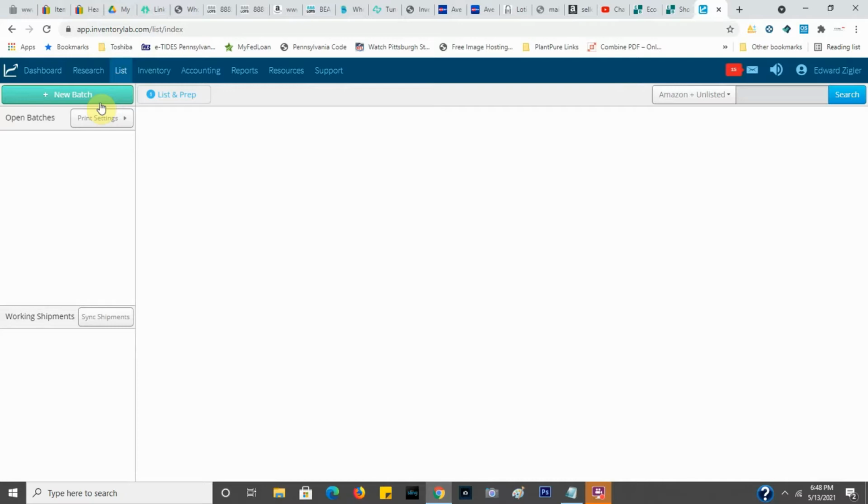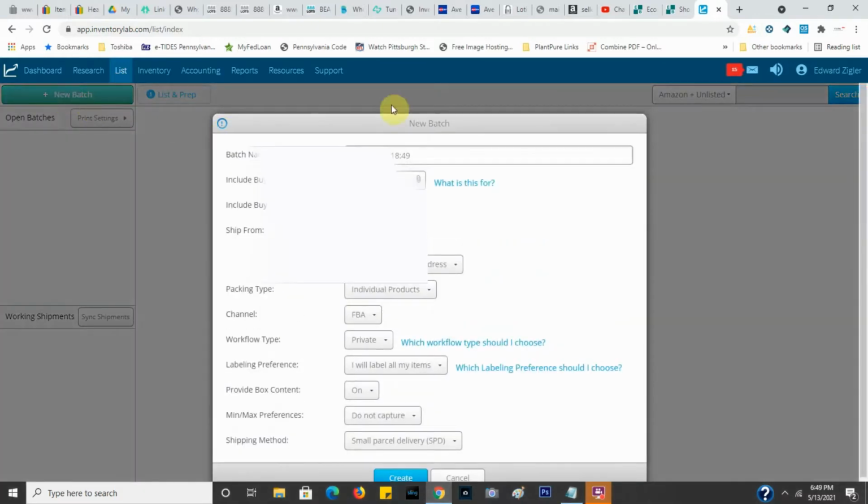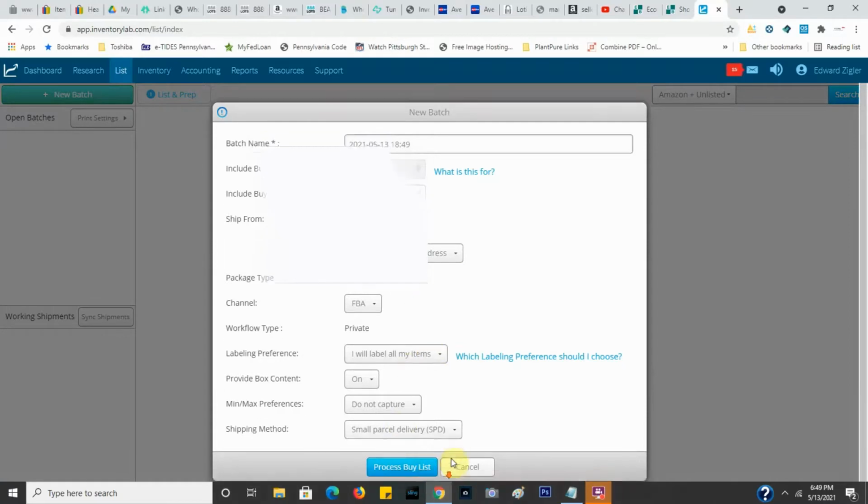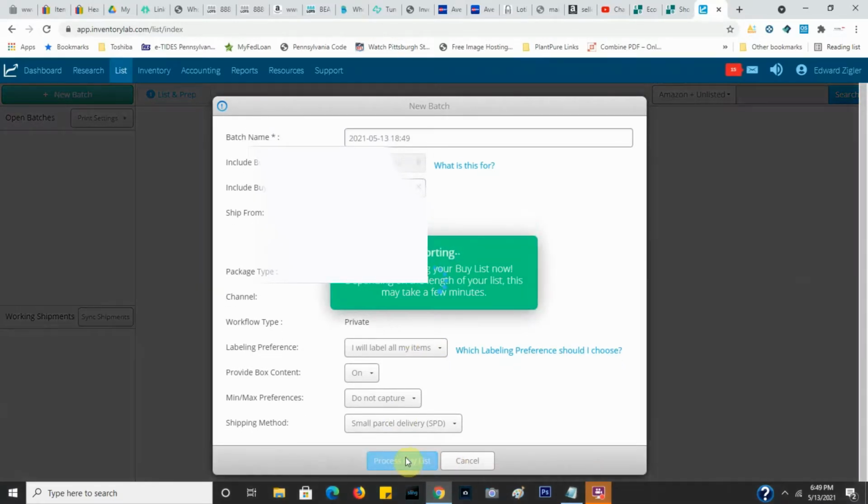I was listing everything from Amazon for a while there, and then that just got super annoying. And you couldn't always do this with Scoutify. First, initially you had to email yourself the list and then upload it here. But now if I select new batch, you see this comes up right here. And then all I have to do is select buy list, and then just select that buy list. So that's my buy list that I had just created, and then I select process buy list,